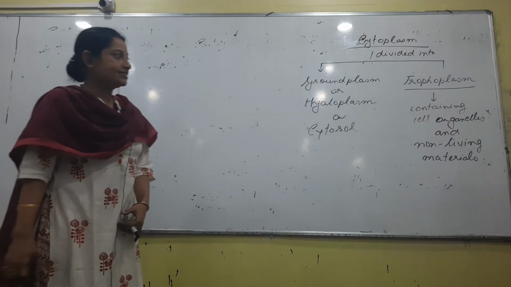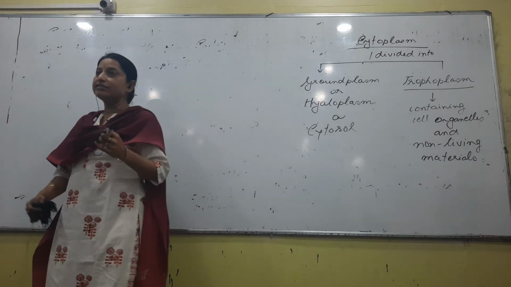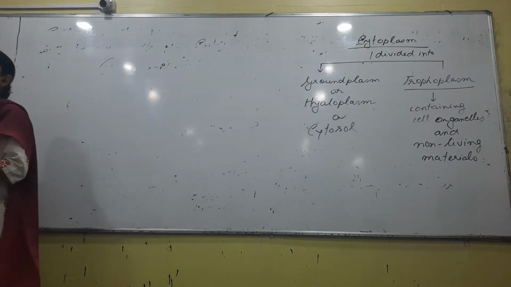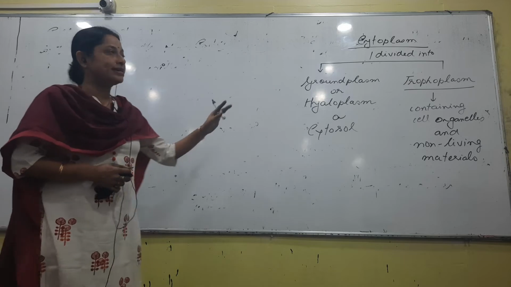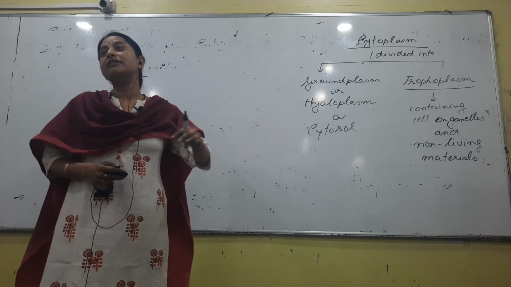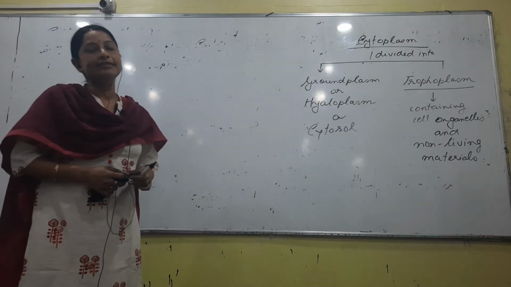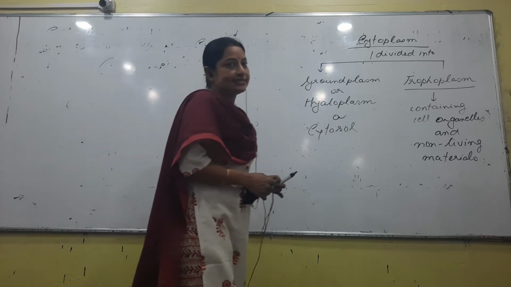As we have already studied, a cell contains three parts to be precise: the covering, the cytoplasm and the nucleus. The covering portion we have already discussed, and the cytoplasm to some extent. The next part is we have to talk about the different cell organelles. So make the heading: cell organelles.